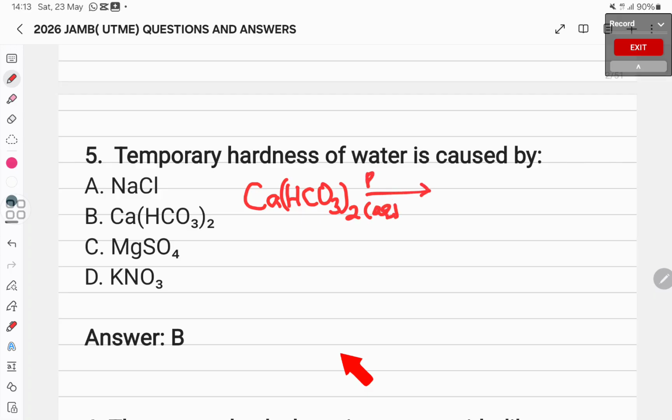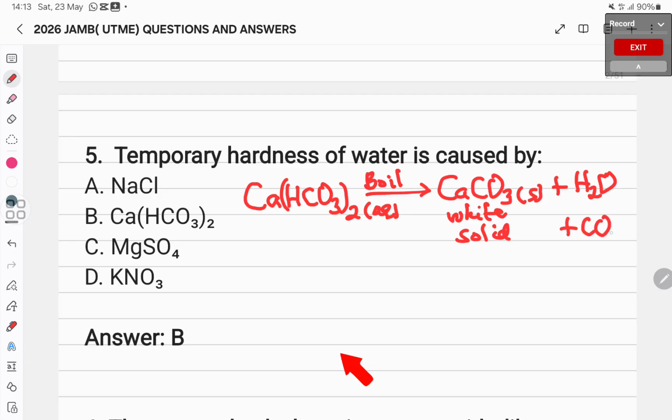On heating or boiling, when you boil, it's going to decompose to form the insoluble calcium trioxocarbonate(IV), which is a white solid, and then the water, and in the process, CO2 gas is released. This is the equation of how the temporary hardness caused by calcium hydrogen trioxocarbonate(IV) can be removed by boiling